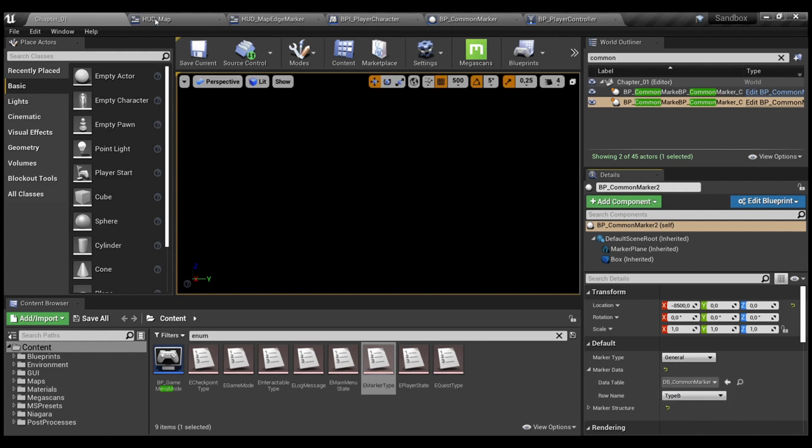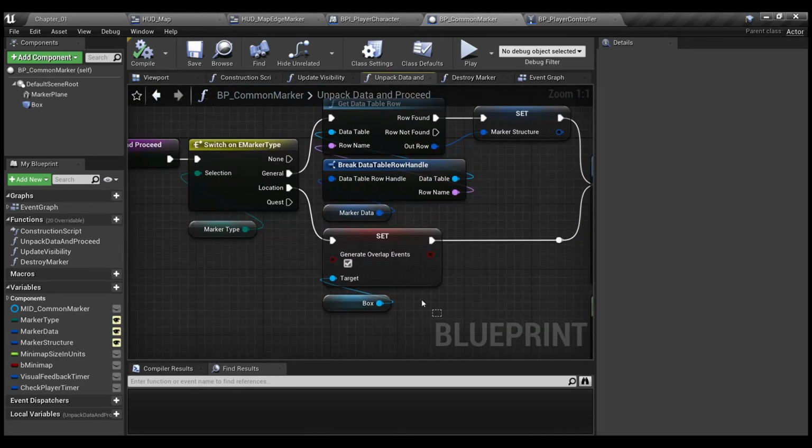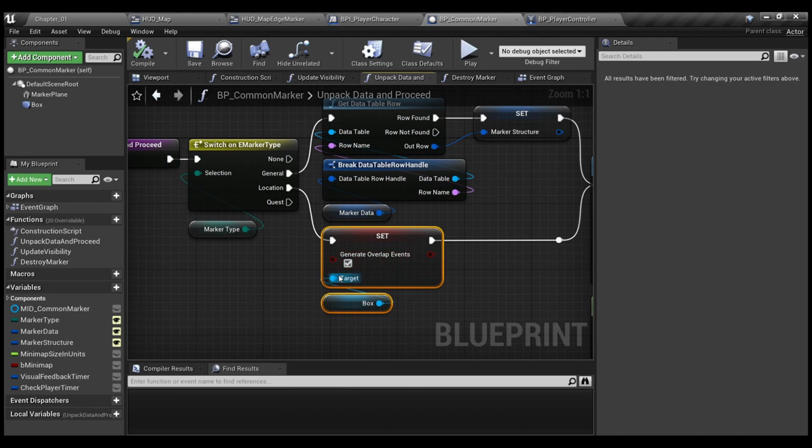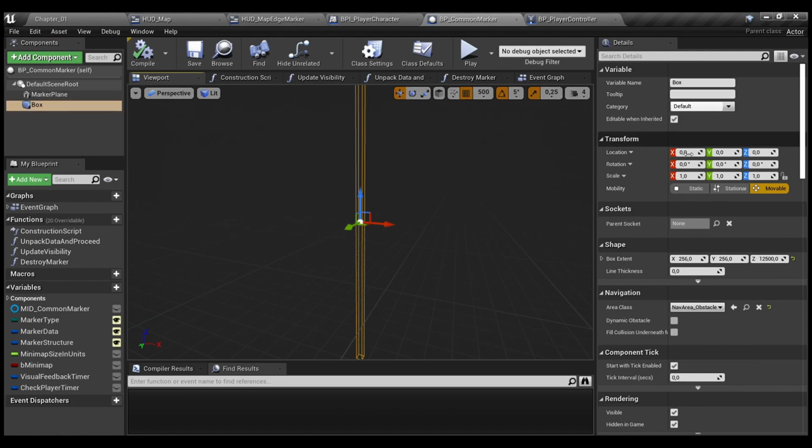and selecting the proper one from the database. But when it's the location pin or the quest pin, we don't need to have this logic, so we actually have this. The first one is we actually added the box collision here on the same level as the marker plane. Box extent set to be 256 by 256, and the z-axis is 1250, and that is needed. So if the player is overlapping, that